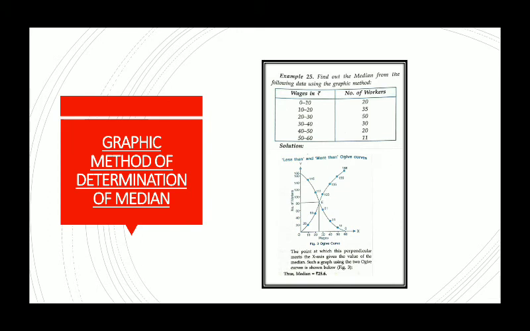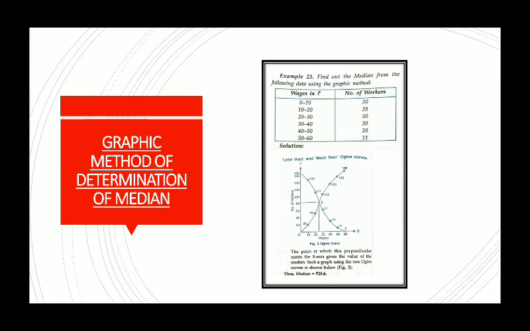Graphic method. So the algebraic method was done. The graphic method is also there. But the thing is that the graphic method can only be applied in the case of continuous series. It cannot be applied in the case of the previous two, individual and discrete. In the case of continuous series, how will we use the graphic method? To calculate this, we have to draw an ogive. Yes, less than ogive or more than ogive separately or both of them together.